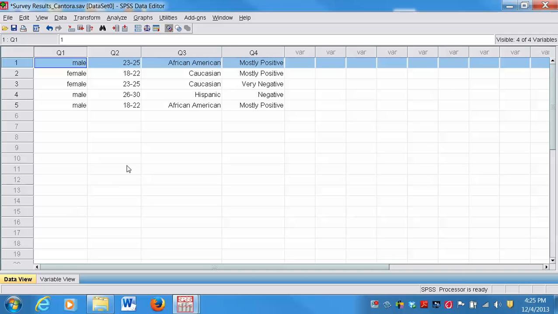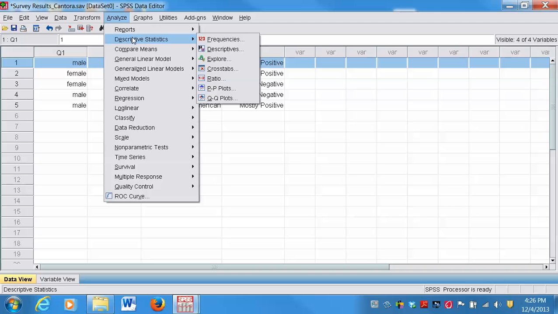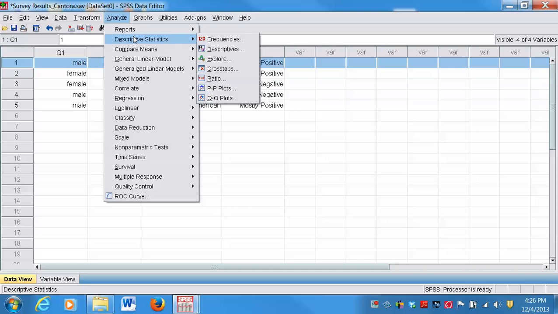It's up to you. So what we want to do, what we care about, is this little option up here, Analyze. So on your toolbar, there's an option for Analyze. It's the only thing we're concerned about. If we click on Analyze, there's a lot of different things we can do. You're going to do the most basic thing, which is called descriptive statistics. So you're going to bring your mouse down to descriptive statistics, and all we care about right now is looking